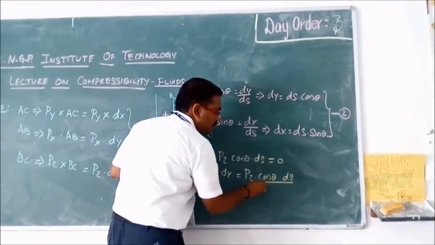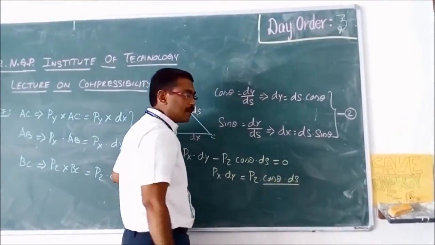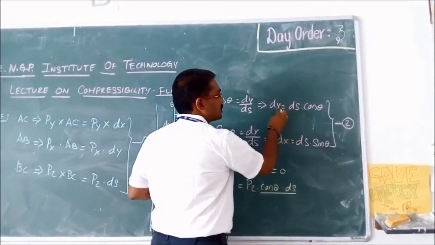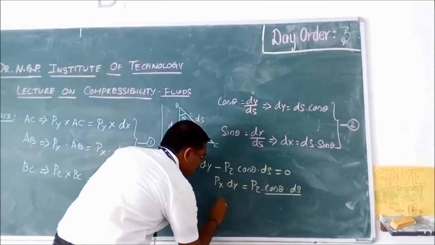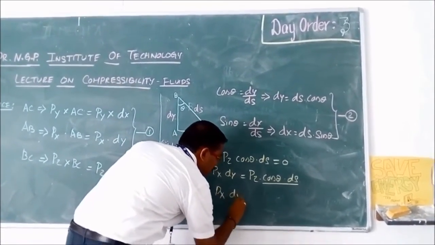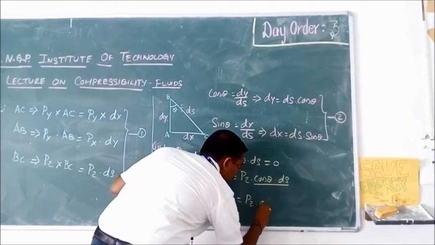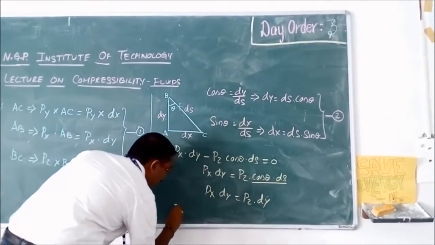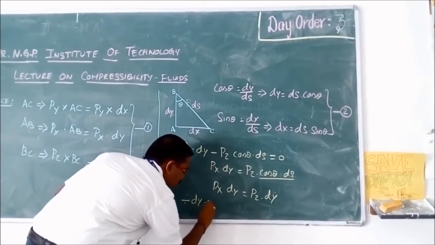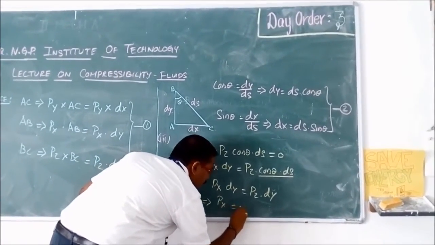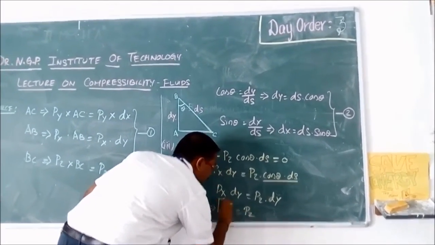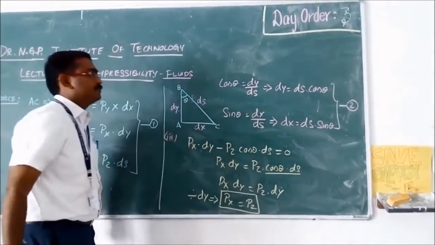Okay. Now what I am doing is I have already derived the values for this. That is ds into cos theta is dy. So I am replacing Px into dy is equal to Pz into dy. I am dividing both sides by dy and get Px is equal to Pz. Similarly,